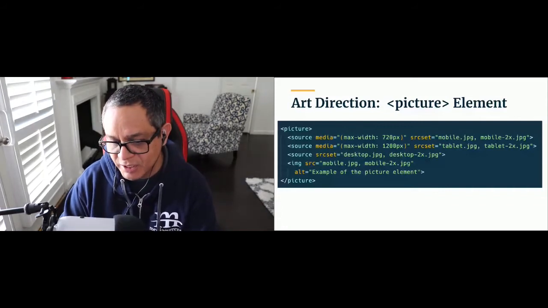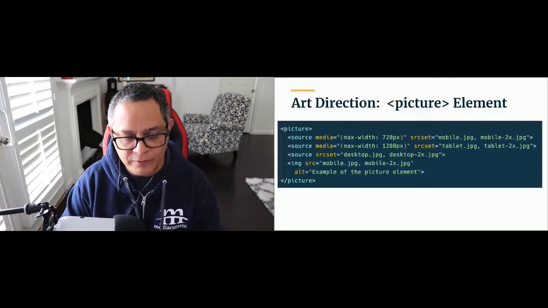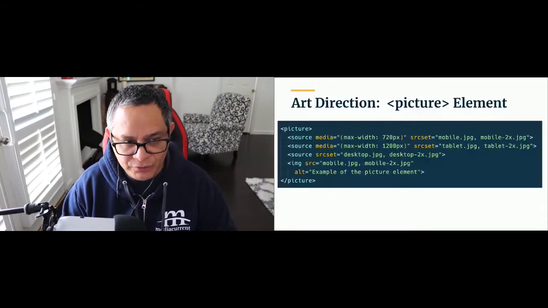This is an HTML5 tag. It's basically just a wrapper for the image tag. On its own, it doesn't do anything. It's just a wrapper, but it gives us several options. One of those is a media attribute, right? Where we can define